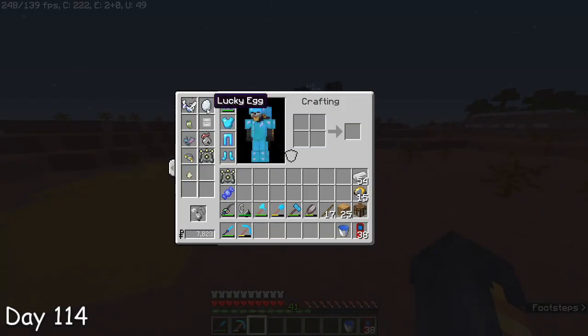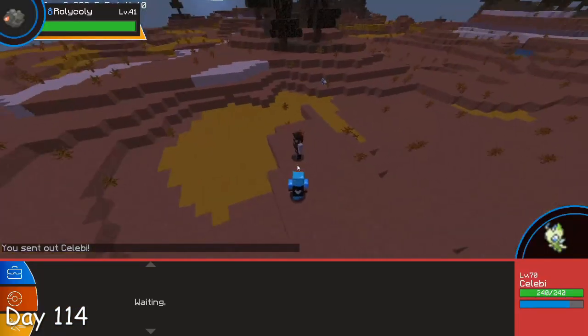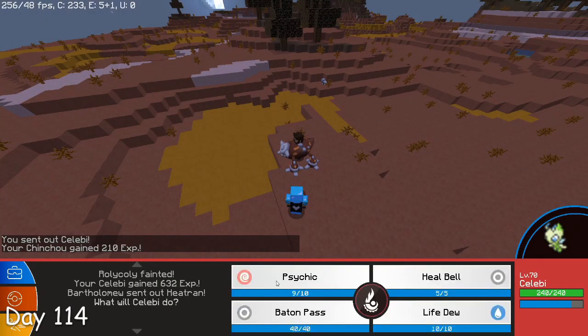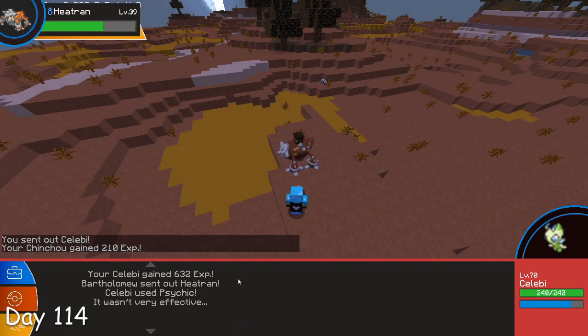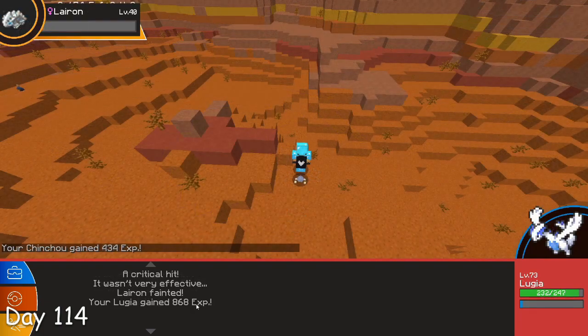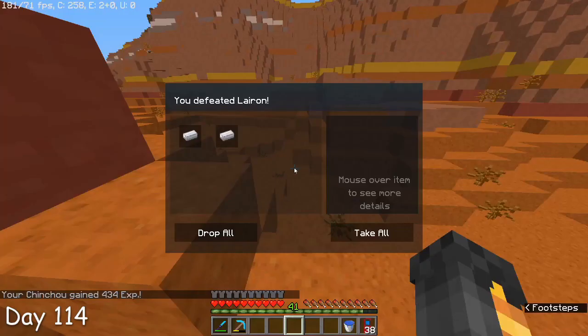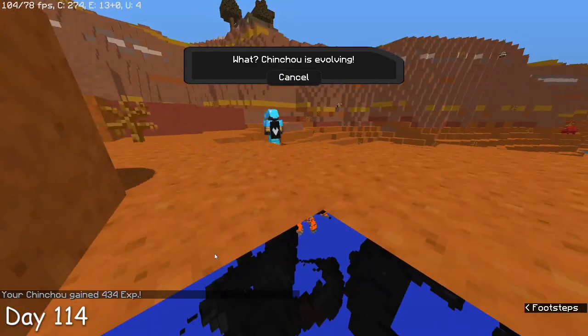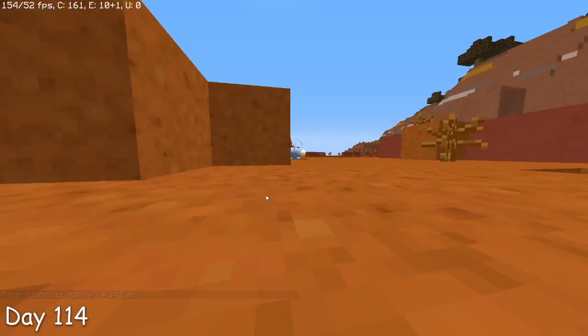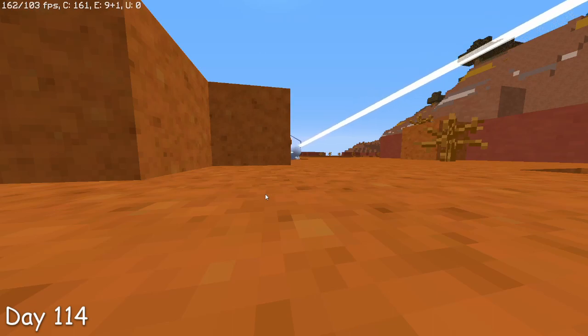Okay, so this is just a little side thing, right? For the beginning of day 114. But why does my man Bartholomew have a Heatran? Where did he get it from? Who is this guy? Where did he come from? Anyway, I did eventually evolve my Chinchou into a Lanturn. It was not fun. I did not enjoy a single minute of leveling this thing up. But I did, so